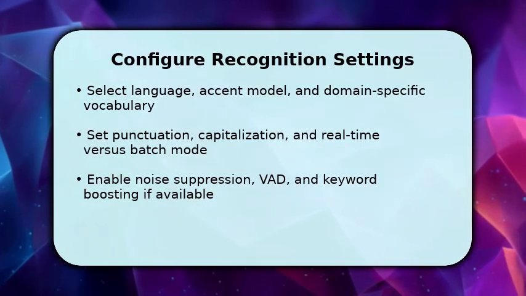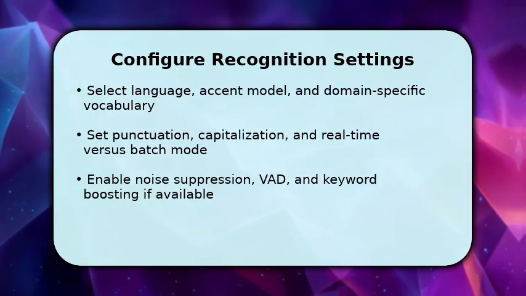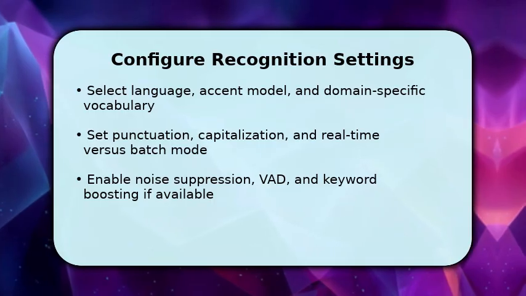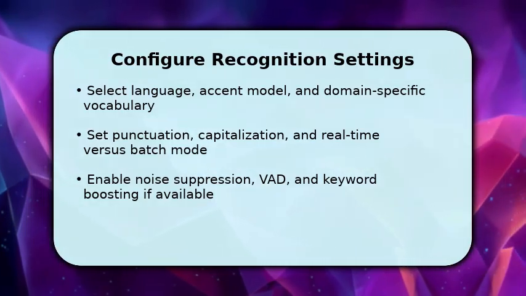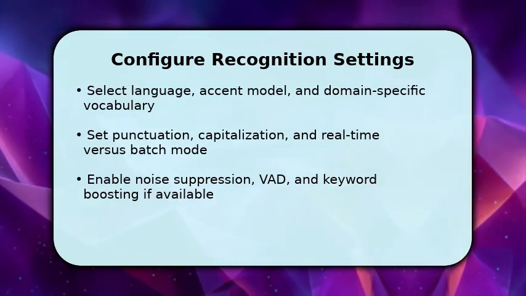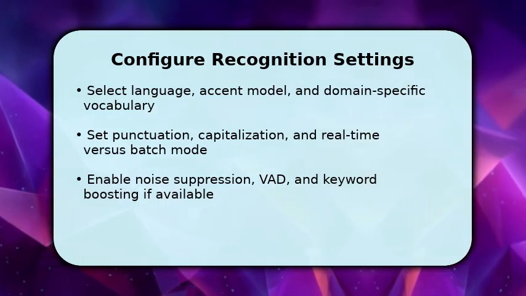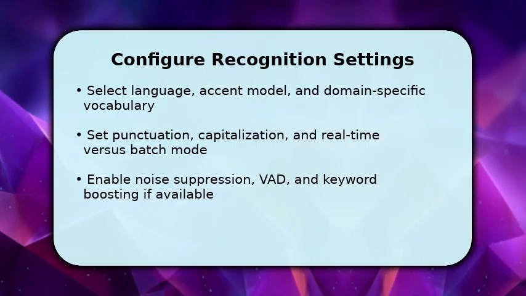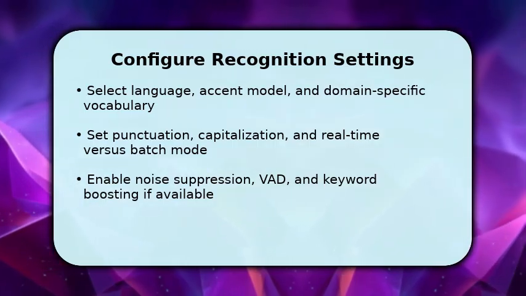Pick the correct language and accent model so the engine matches your speaker. Then choose real-time streaming or batch transcription based on latency needs. Make sure punctuation and capitalization options are enabled if you want readable text. If your content uses jargon or names, upload a custom vocabulary or enable keyword boosting for higher recall. Also turn on noise suppression and voice activity detection so the system ignores